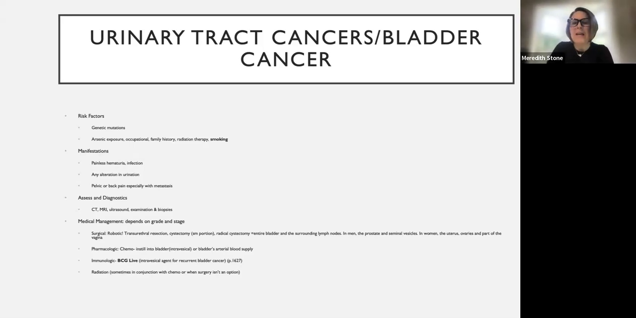Okay, but if you just have painless hematuria, this is one of the really big red flags for bladder cancer. Also, changes in urination and back pain are going to be signs and symptoms. Back pain and pelvic pain is typically when there is metastasis, right? Because if it has metastasized from the bladder to the kidneys especially, you can end up with that pelvic or